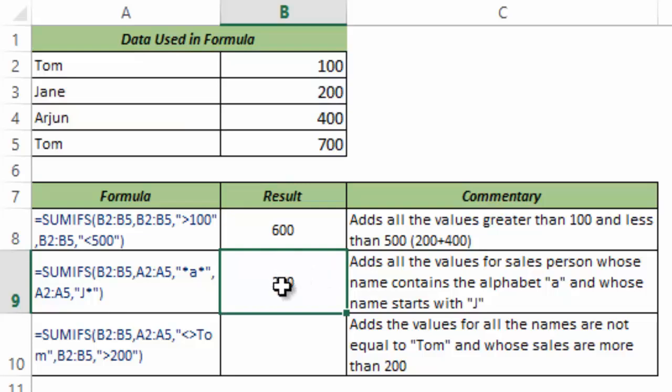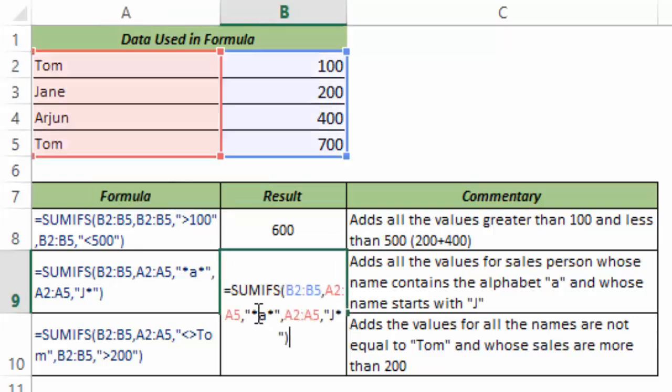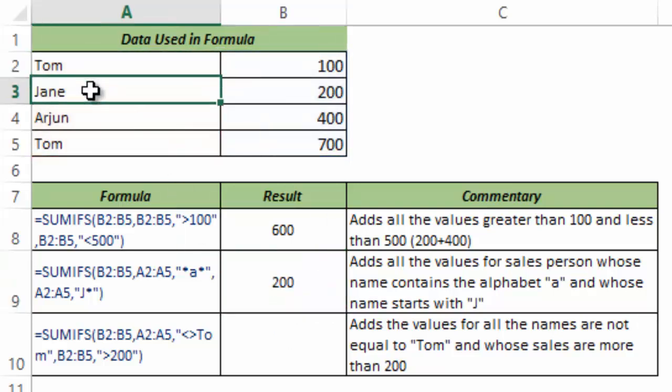Now let's see how it worked. This is my sum range and this is the criteria range. Within the criteria range, it checked for the first condition, which is that the word should contain A, because there is asterisk A asterisk. Tom does not have A in it, Jane has an A in it, Arjun has an A in it, and Tom has no A in it. So these two meet my first criteria.